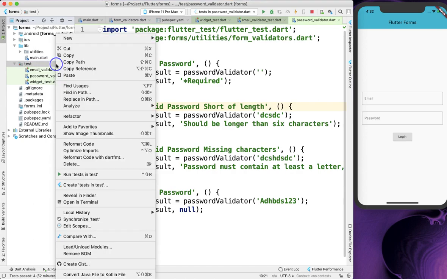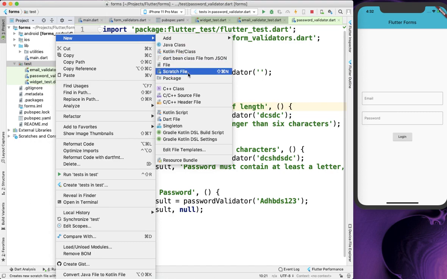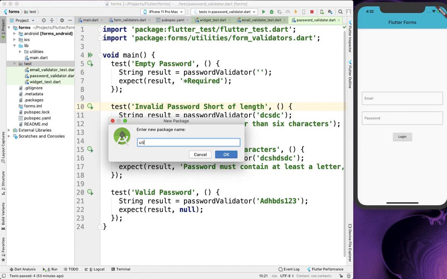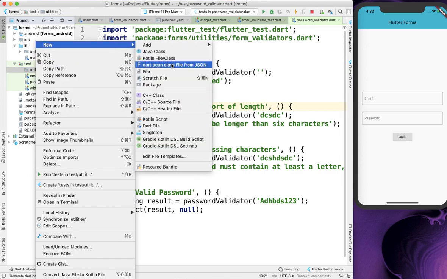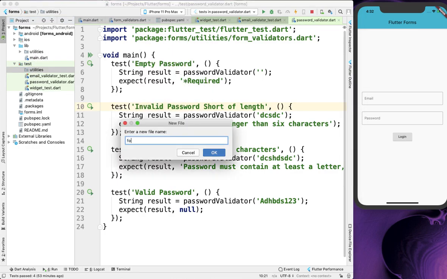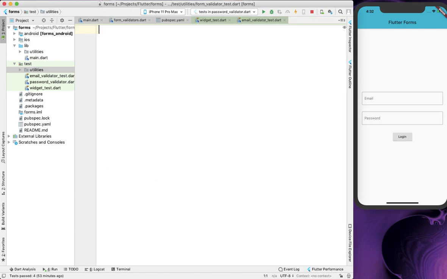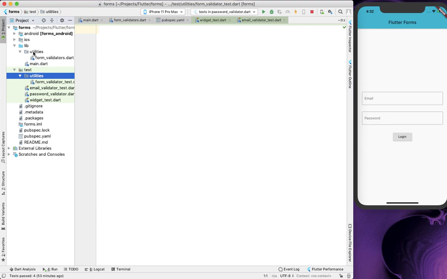So inside of test, I'm going to create a package, utilities, and inside utilities I'm going to create a file which will be form validator test.dart. We are keeping the same structure that we have used in our lib folder.